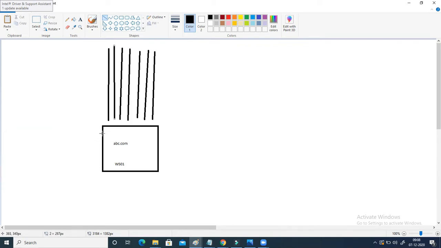So after a point, this server will start facing the problem of overloading. The users trying to connect to this website may start facing latency, because whenever one session connects, it also has to be processed by this server.